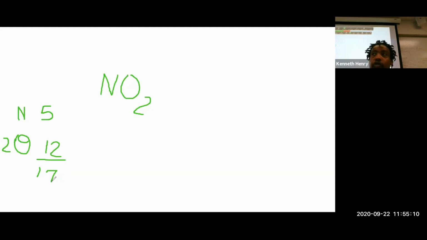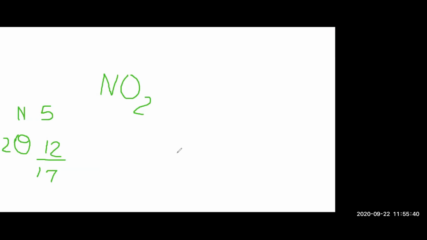So anytime that you see this and your number is like 17, or 15, or any odd number, you're never going to be able to meet the octet rule. So the rule is, in that case, the one who is the strongest, who's the closest to being a noble gas, is going to make sure that it gets its octet first. So who's going to be the center atom? Oxygen or nitrogen? Oxygen already has 8,